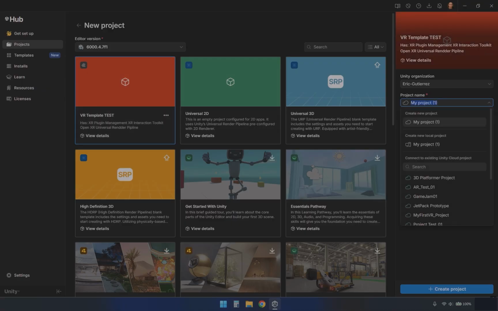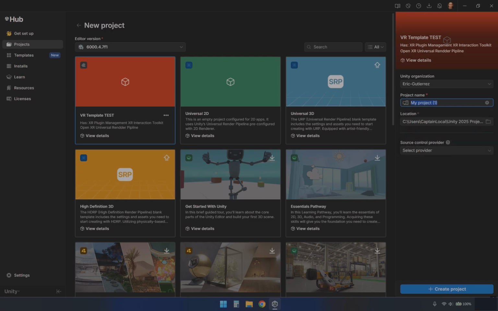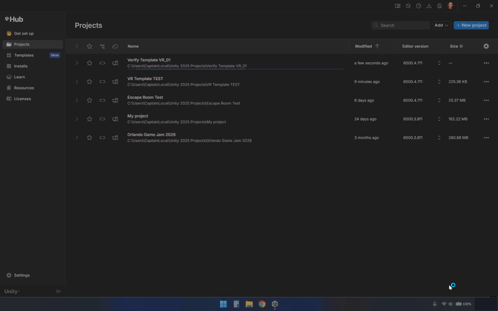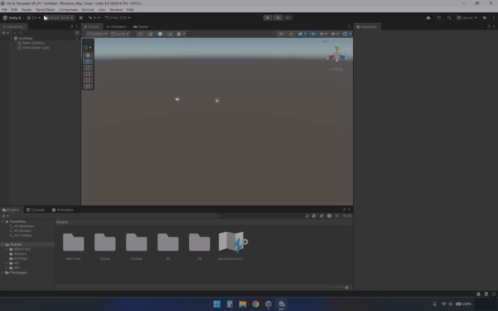Now change this. Let's just call this verify template VR1, and then create the project. Let's finish building to verify template VR01, and see the template is already created, so the main files are there that we created, materials folder, prefab folder, scripts,